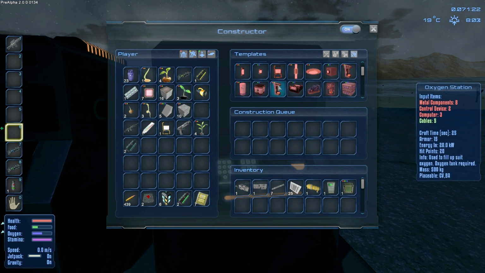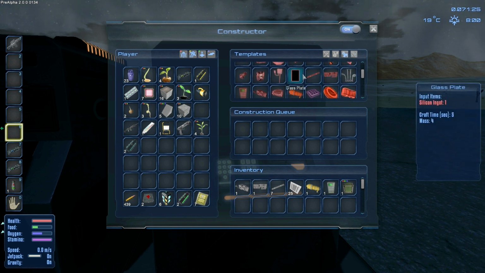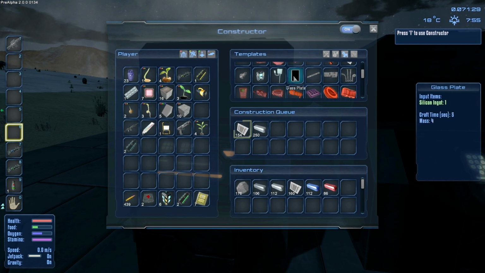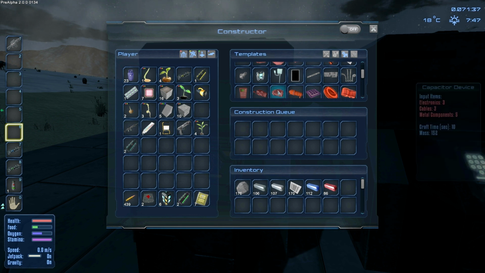need components, control devices, and computers. We do not have the stuff with us because we do not have what we need. Actually, that's the wrong thing anyway. You make them in here. Alright, so we do have... what did I say? Components and control devices? Let's stop this. We need that oxygen. We need the oxygen station, like, right away. Because I don't want to have to keep going back to the